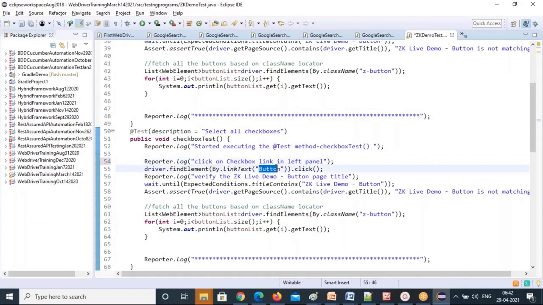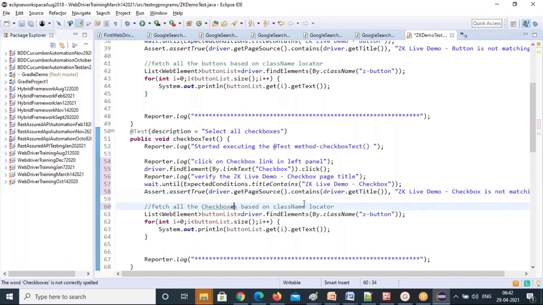Just change here to checkbox, even here also, only change to checkbox with a capital letter. That's the only change. Even the title is similar. This you don't need to change, and that's it. Now first you need to fetch all the checkboxes